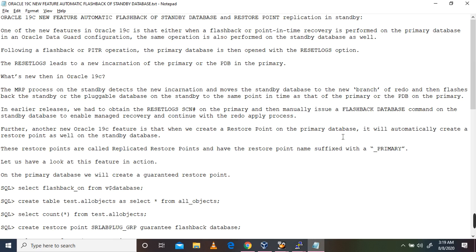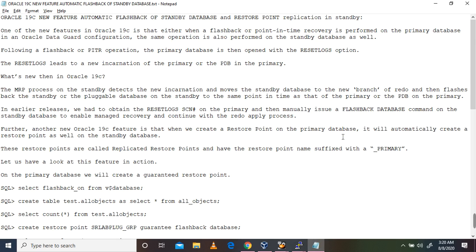In Oracle 19C, this scenario has changed. The standby database is automatically flashed back along with the primary. When we perform the flashback on the primary side, it is also done on the standby side. We no longer need to rebuild the standby database. This is an excellent new feature in the Oracle 19C database.